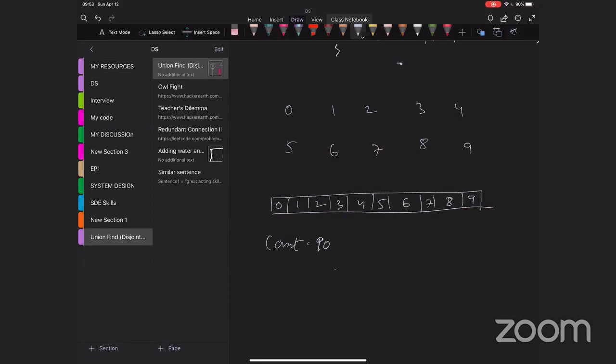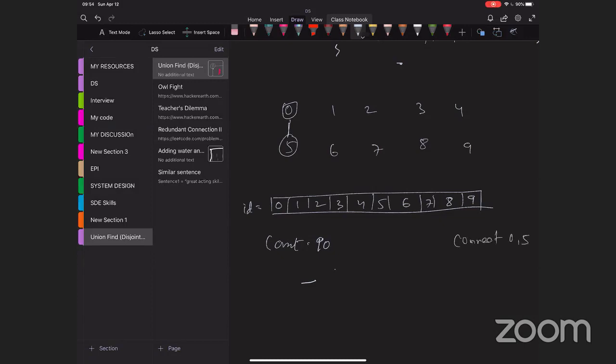Basically, I have 10 components, and all are separate components. The count of components is 10. This is my ID array. Now, could you please help me connect a few of the components? Just tell me which ones to connect and we will change accordingly. 0 and 5. Okay, so I'm connecting 0 and 5, and based on our code,